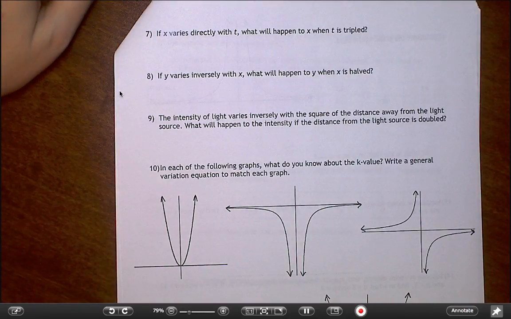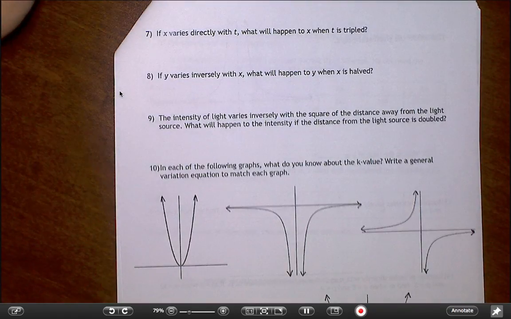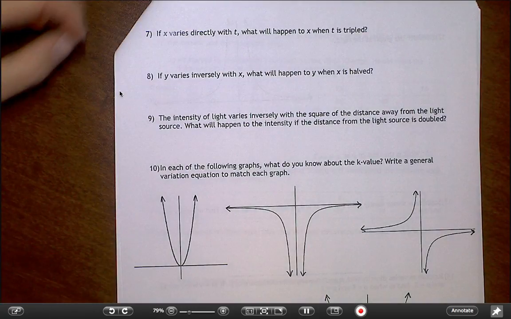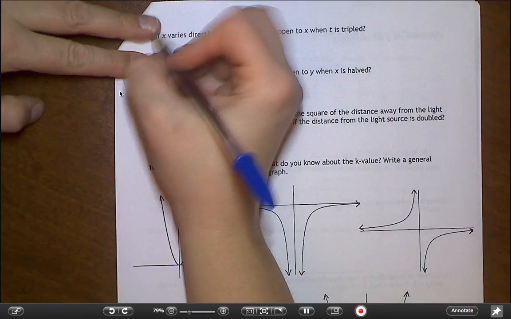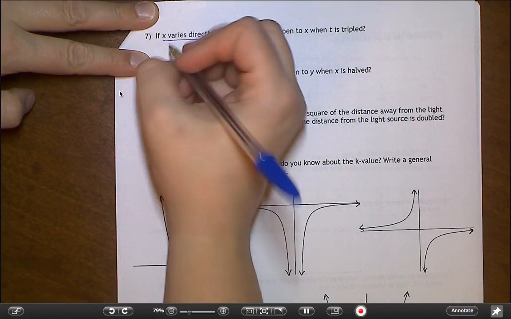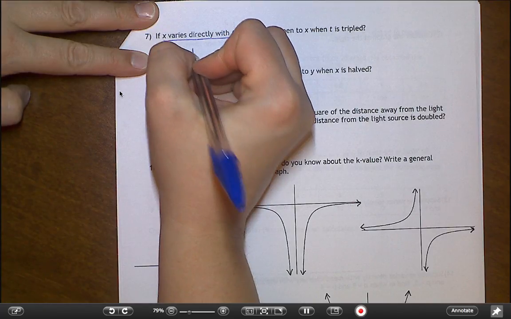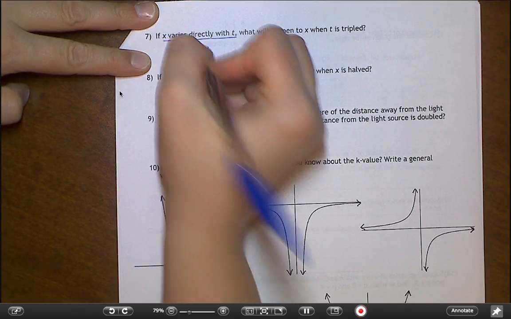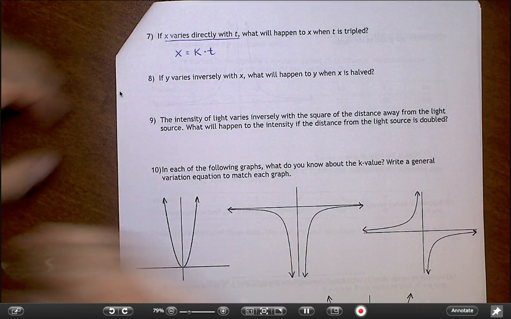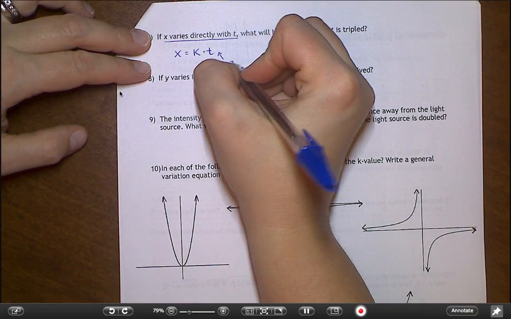If x varies directly with t, what will happen to x when t is tripled? This is using what's called the fundamental theorem of variation. So I'm going to go ahead and set this up in a variation equation like we normally do. So this would translate as x equals k times t. Okay, direct variation means I'm using multiplication. And so what I want to know is if I multiply the t by 3, what's going to happen over